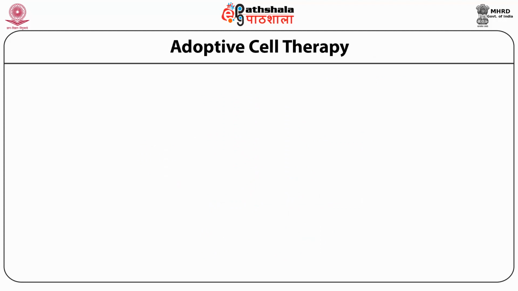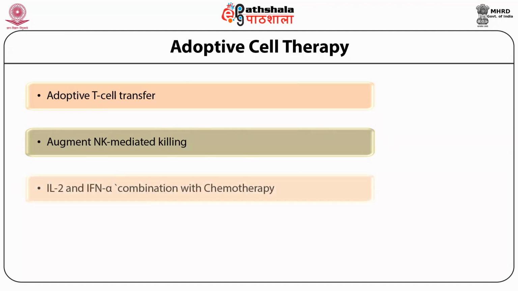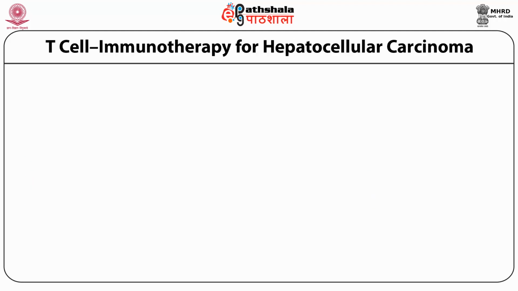Adoptive immune therapy, or adoptive cell therapy, recruits adoptive T cell transfer or NK-mediated killing of the cancerous cells. It can be cellular therapy with a combination of cytokines like IL-2 and interferon alpha, in combination with chemotherapy. So three kinds of cellular therapies are most popular, which explain how T-cell immunotherapy works for the